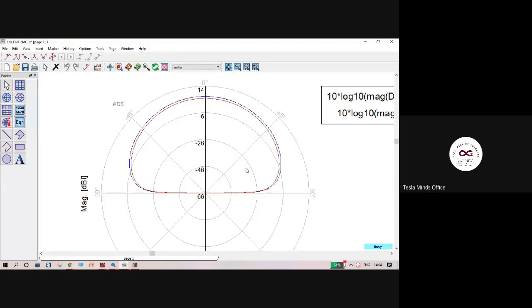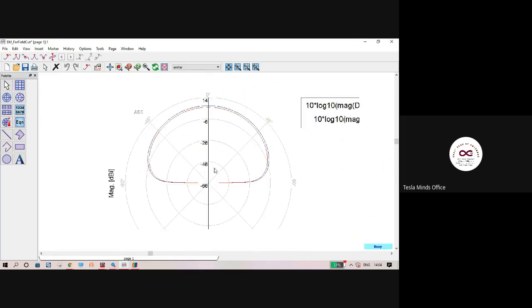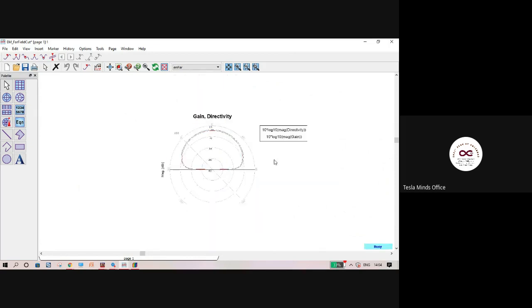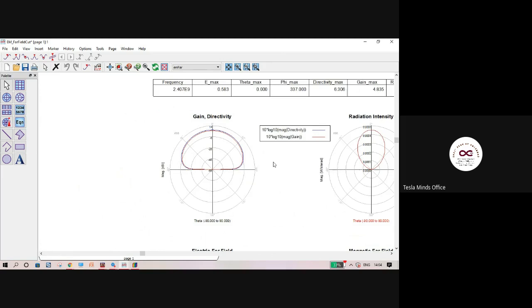If my antenna is placed at the center, you can see the red and blue color lines, right? So this is how the gain and directivity will vary, and this is how my radiation will be. So that is the 2D. What we saw like an apple-like structure was a 3D structure. You can also have information like the polarization and the axial ratio here. So I'll just show you that also.